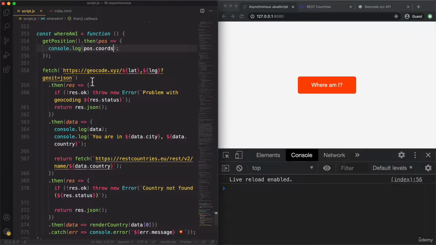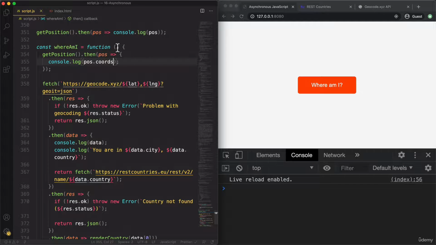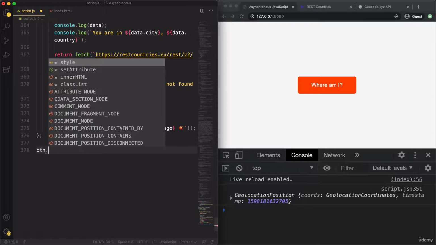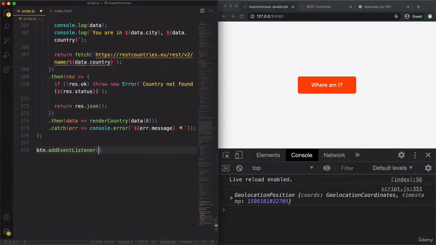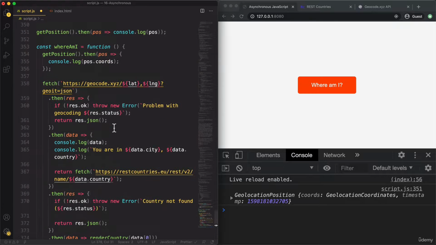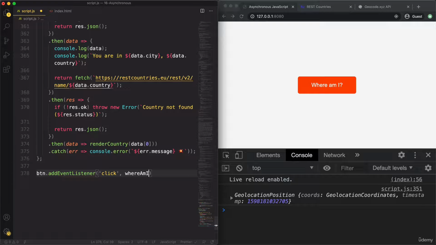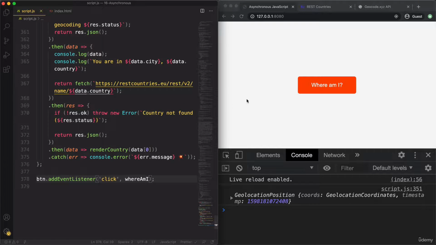Okay. So let's run this, but probably we're going to get an error when we run this. Oh, and actually we first need to set it up with the event handler. So remember, that's the button. And then add event listener. And of course, we could also immediately run the function, but I think that it's nice to call it only when we click that button. And here we actually can simply pass in that function now. So the whereAmI function, because we don't need to pass in any arguments. So if we click now,